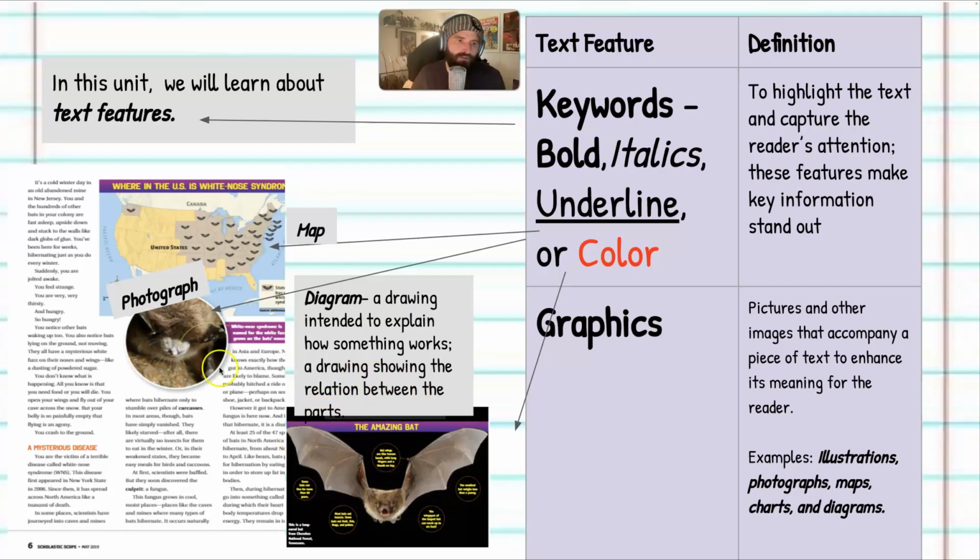Here we have a photograph of a bat. Here we have a map about where white nose syndrome would occur in the United States. Notice there's nothing really going on in the Southwest. So these are all visual representations to help you better understand what you've just read about. If you were reading about bats, seeing a picture of a bat helps you understand, seeing where it lives, seeing what it does, seeing it diagrammed. All of these are just helping you better understand